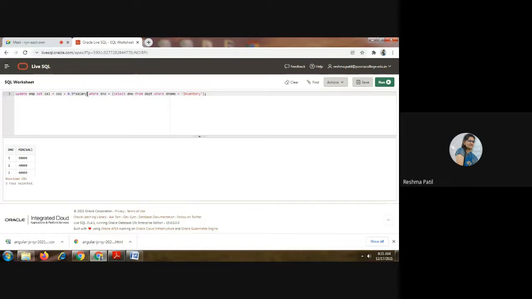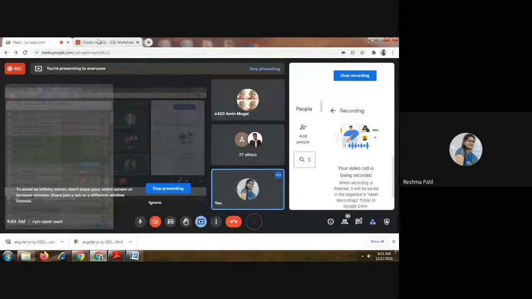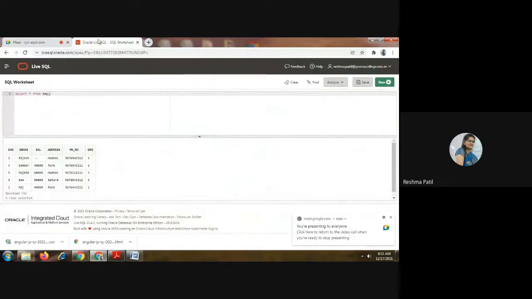So execute this. What was our previous record? Check that first. Control X. So check which is the inventory department. I think first, right? Inventory is second. So only the second department's data is going to update.